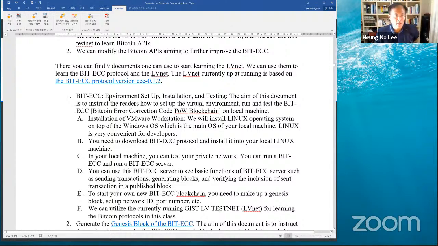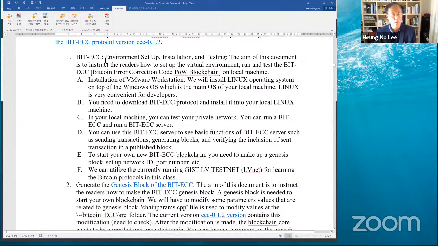All right, so there are 9 documents you can find and use to start learning about the LVnet, and you can use them to learn the Bitcoin protocol. The LVnet currently up and running is based on this protocol, like I told you. And then here you can talk about the Bitcoin ECC, BIT-ECC,